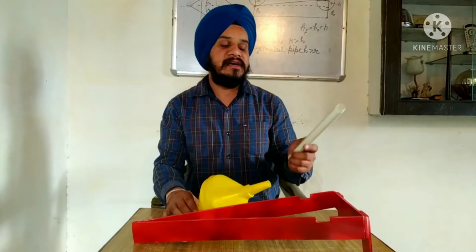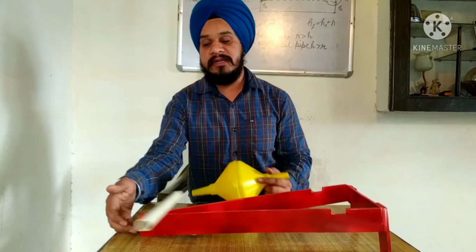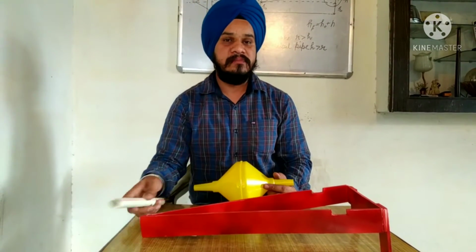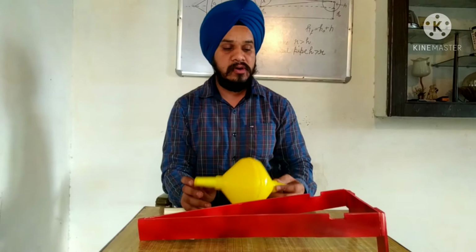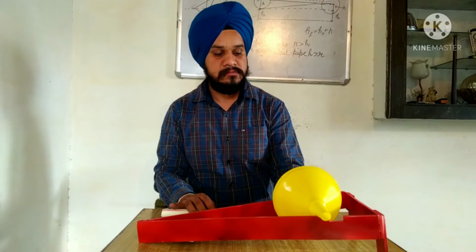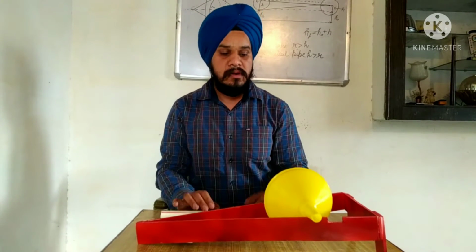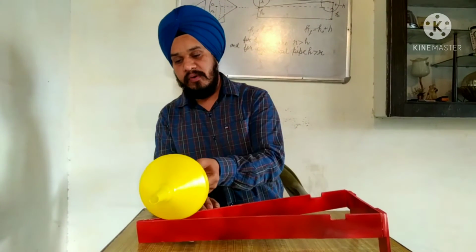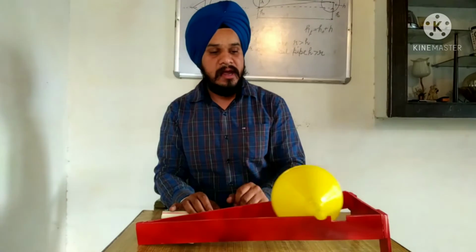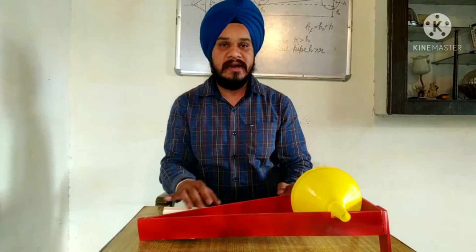First I place this cylindrical rod on the top of this inclined plane and you can see it moves in a downward direction. But now when I place the double cone at the top of this inclined plane, you can see it does not move. But now when I place it at the bottom of this inclined plane, it moves in an upward direction. Why does it move in an upward direction?